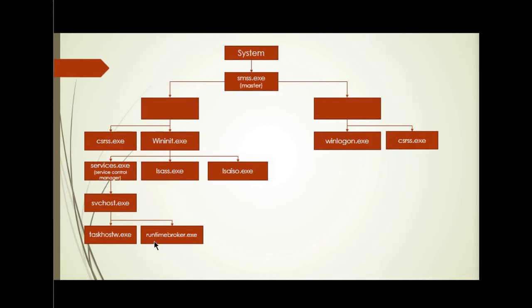RuntimeBroker.exe. This process was introduced in Windows 8 and is available in Windows 10 as well. The task of this process is to check the permissions required by Windows Store applications, such as location access, microphone access, etc. Its image path will be %SystemRoot%\System32\RuntimeBroker.exe. The process will run under the logged-in user account. The parent process will be svchost.exe